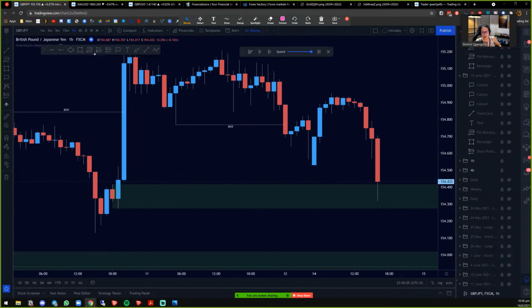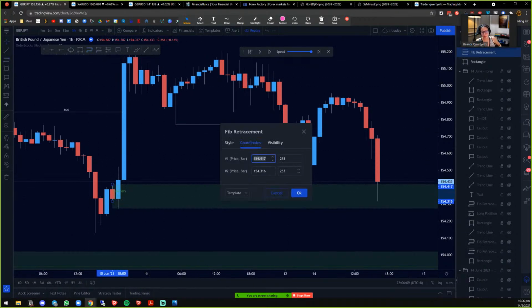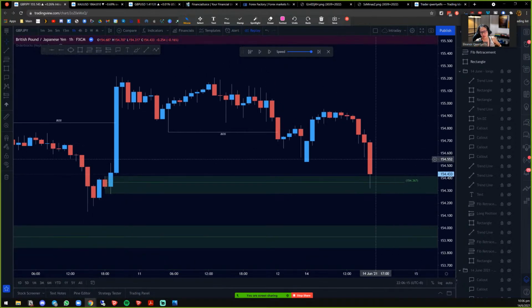So I also know another criteria of mine is I need to see that price does not close below 50% of my zone. So why? It's just that at every supply and demand zone, the 50% level is where most of the orders are at. It's just that. So when price failed to close below on the 1 hour,